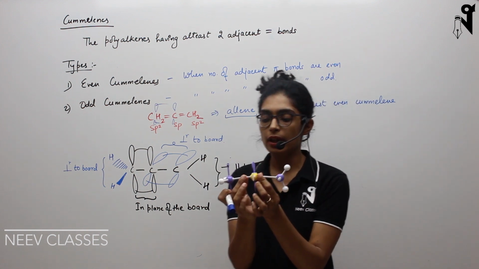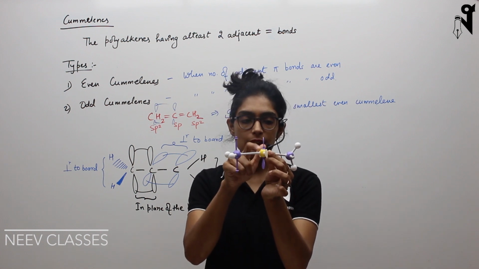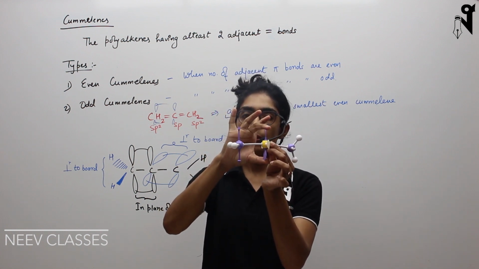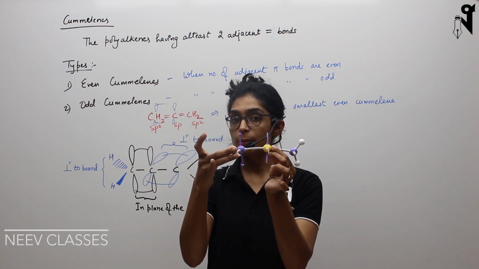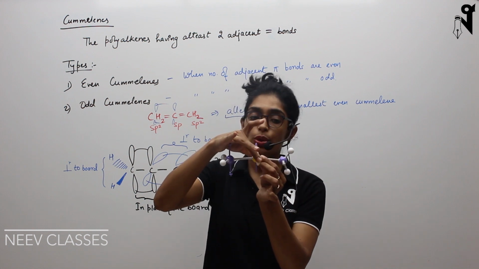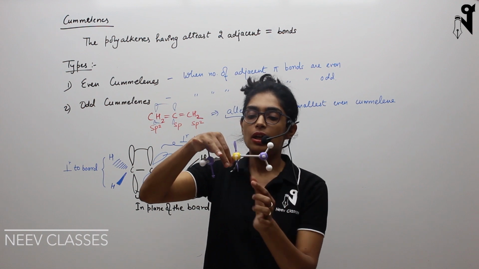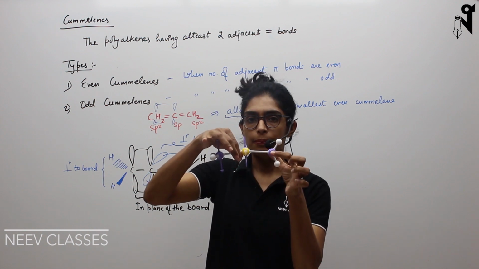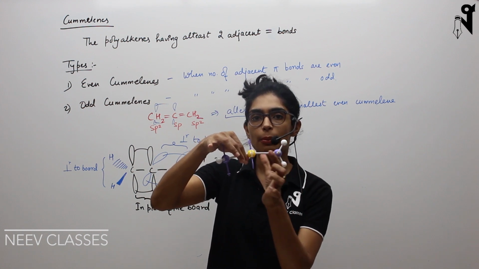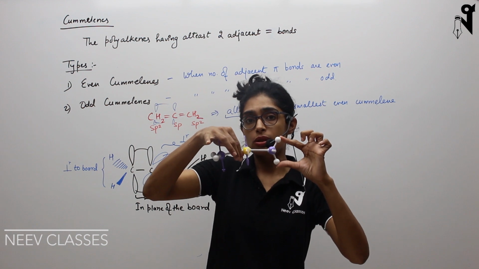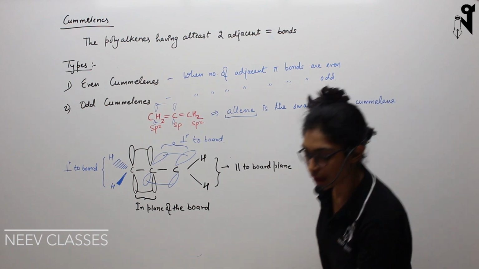Just look at it very carefully again. These are the three carbons. This is sp2, this is sp, this is sp2. This and this is one pi bond which is parallel to the board, and the sigma bonds are perpendicular to the board. The other pi bond is in the plane perpendicular to the board. This white dumbbell thing is also representing a p orbital. This and this are overlapping and forming another pi bond, and the next set of hydrogens are going to be parallel with the board, exactly the same way I have drawn it over here.